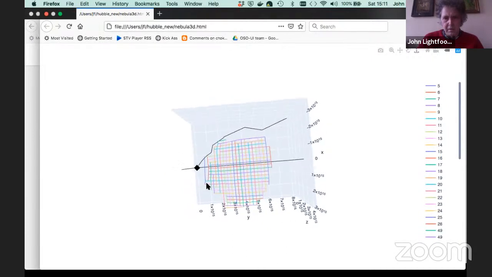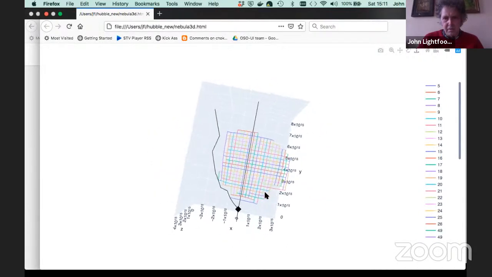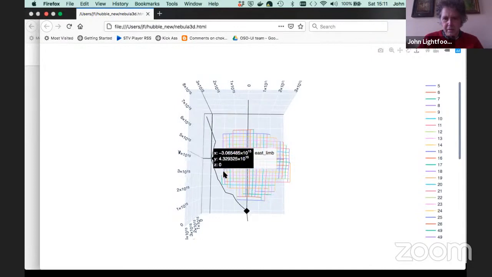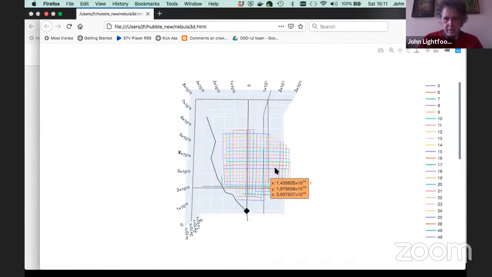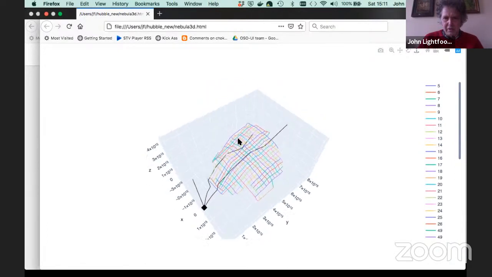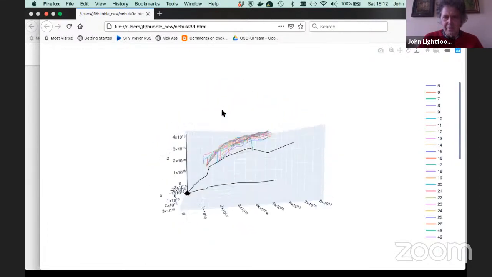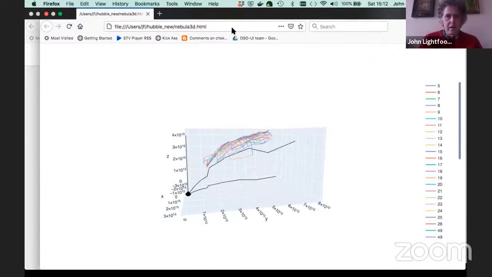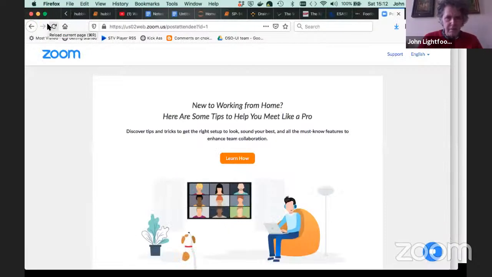So this is us looking at our view of the nebula. The star's down here. This black line here is the eastern limb of the reflection nebula. And I can never control this properly. But if I swivel it around, you can see that the limb of the nebula is a similar shape, similar, I'll say no more than that, to the 3D shape of the nebula estimated by using the ripples.